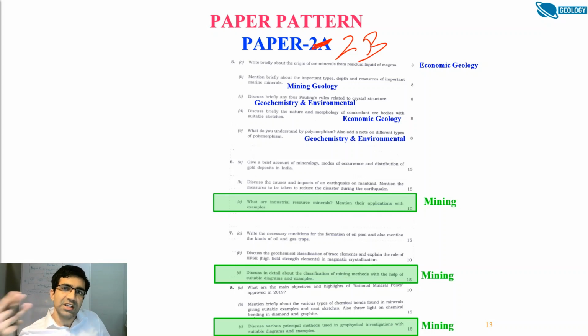So in each section, you have 3 subjects. Each subject appears once in each of the parts of a question where you have choice, and you have to attempt all the questions from question number 1 and question number 5 in each part. So this is the overall pattern of the paper.